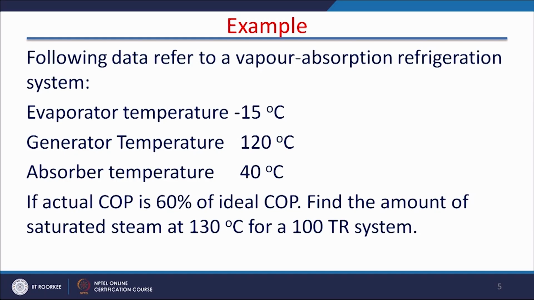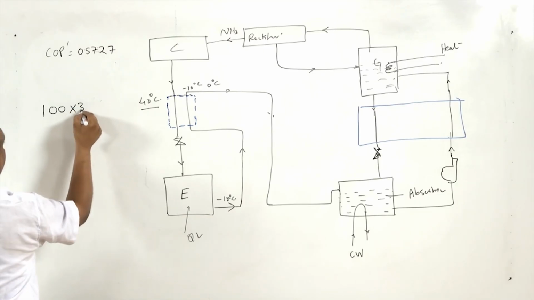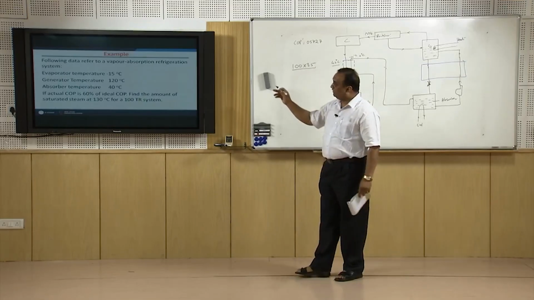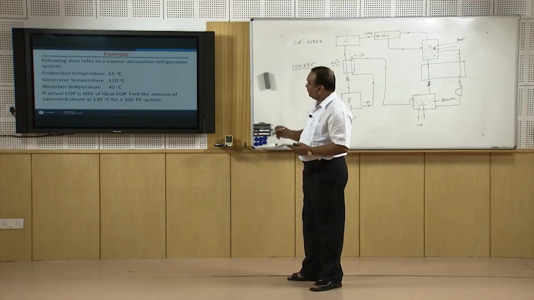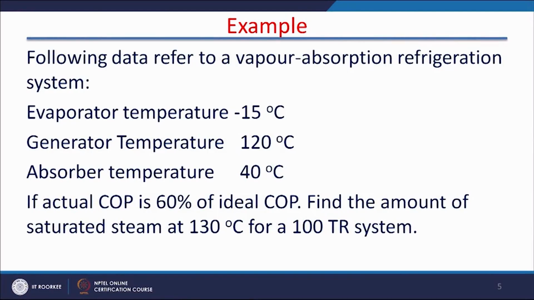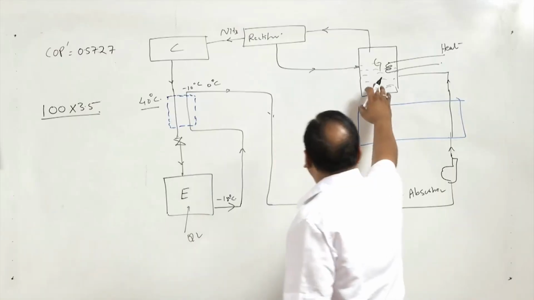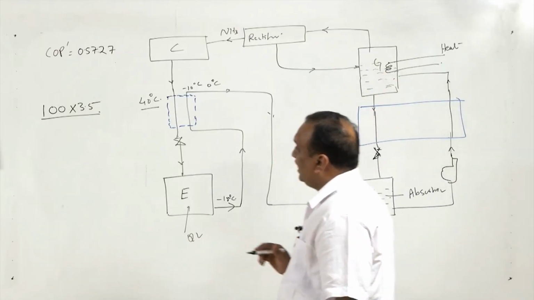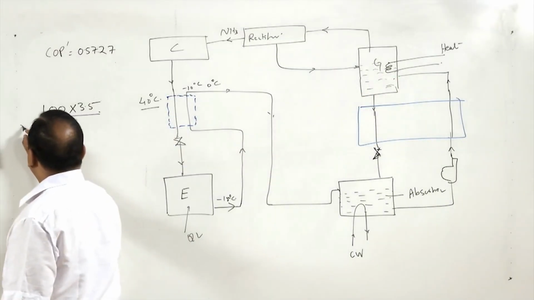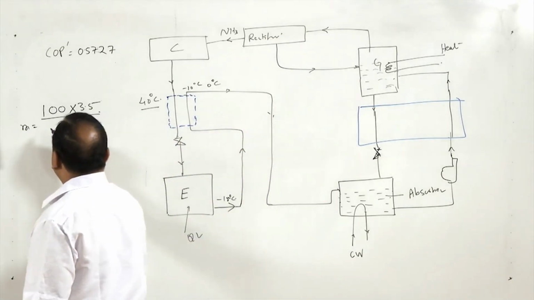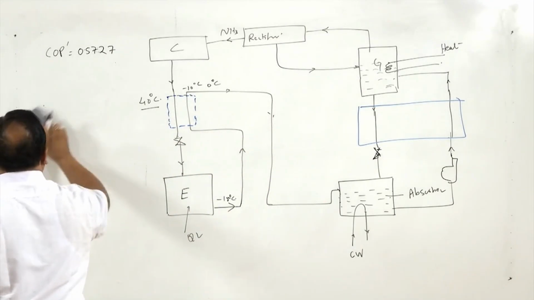So, 100 tons of refrigeration means 100 into 3.5 kilowatt. This much of energy is required, and this much of energy is required for steam at 130 degrees centigrade. Suppose steam is used for heating at 130 degrees centigrade. We can assume that steam is condensing here, and the mass of the steam is the energy supplied, so the mass of the steam can be calculated as,